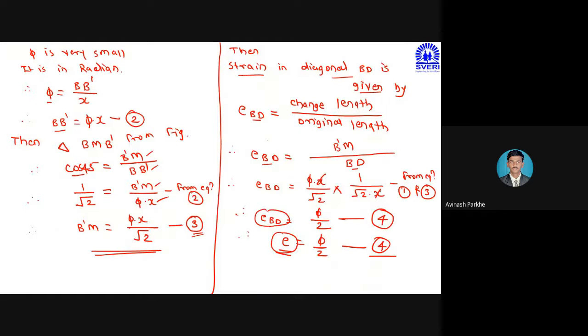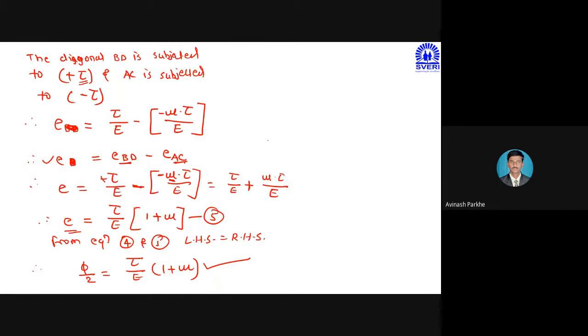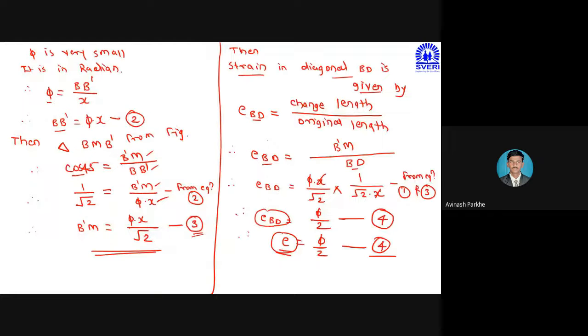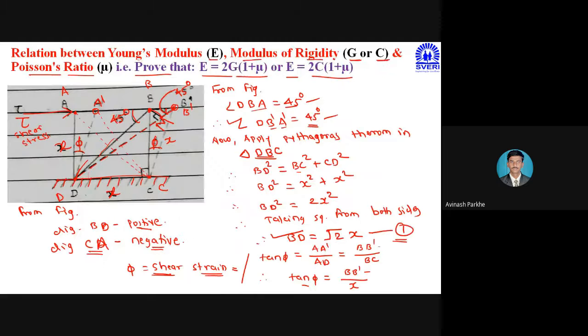Then I have applied the strain formula to find out the strain in the diagonal BD. Again, I have applied the strain formula by making the subtraction in one direction, in another direction, and then I have rearranged the terms. Only this much part is there. It is very lengthy, but it is very simple to understand. So please focus on the steps. Which parameter first of all we have to calculate, and how it is put into the next parameter. Then how to calculate the next parameter. Then again we have to put the previous value. Then we have to calculate the next parameter. So like that we have to go for the solution. If you have not understood, then today we will stop here. In the next lecture we will solve the numericals.